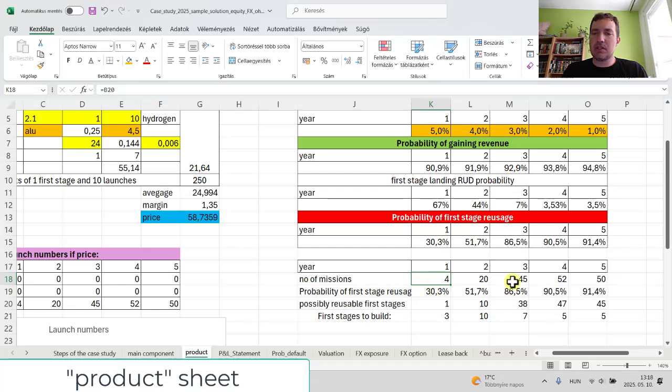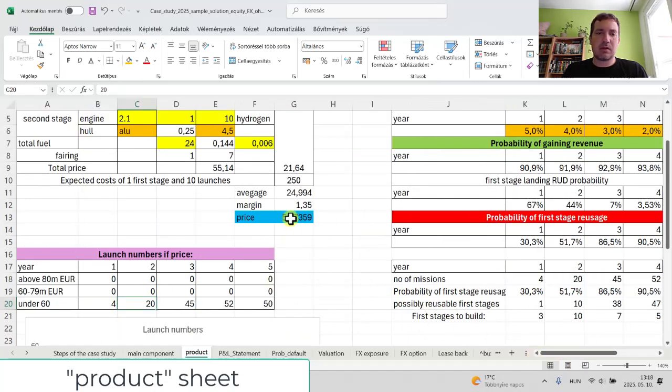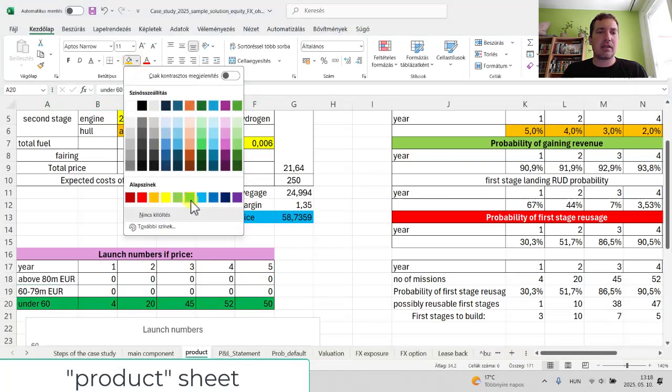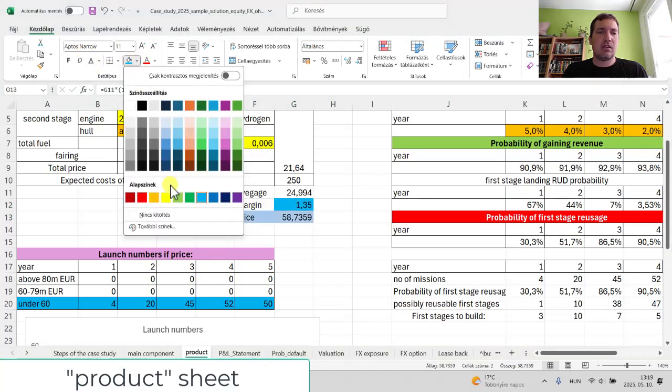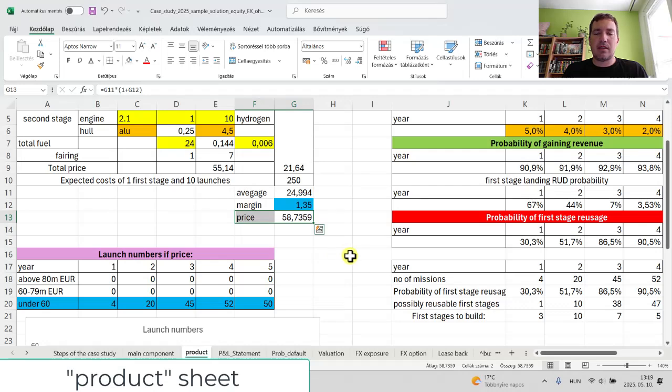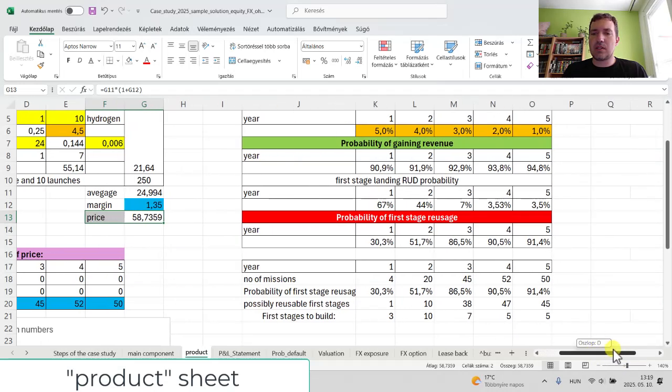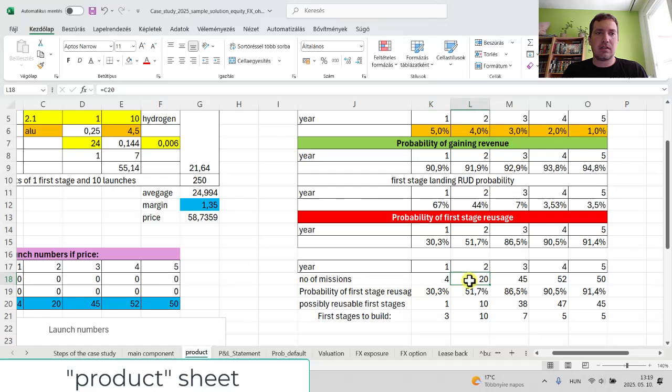to say, okay, how many missions do we have? This is coming from here, so this is again coming from the price, so we can say that, okay, setting the price, practically this one is automatic. But after that, this one says that one, and after that, still, we don't have to copy it, it comes